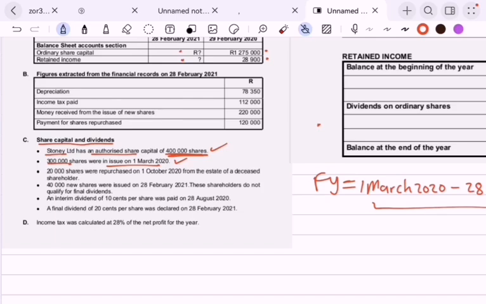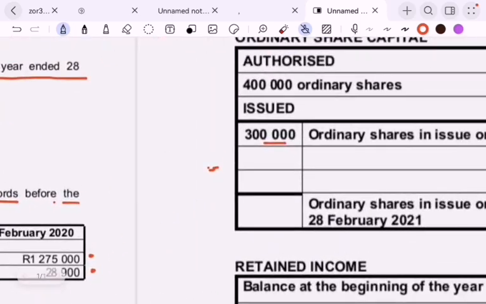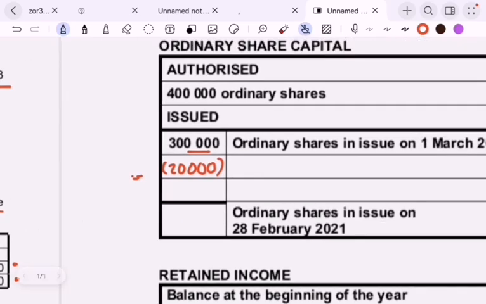Okay. Third bullet, 20,000 shares were repurchased in October 2020 from the estate of a deceased shareholder. Beautiful. Once it's repurchased, it basically means that we are buying back our shares, but there's a payment that we have to make, right? So you want to quickly come there and record your repurchased shares. You bracket them because now somebody is giving up their ownership. Then you write your repurchased